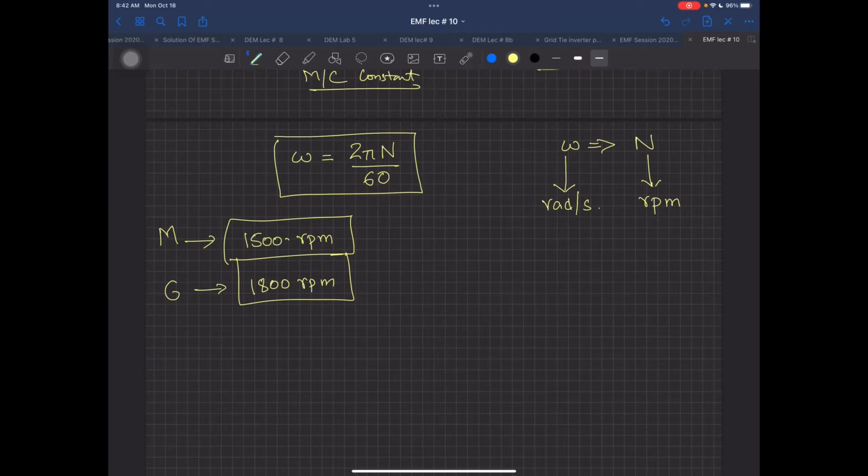Rated over here means, ये आपने fan कभी buy करने जाओ, you buy this CFLs or this fan or whatever, on its nameplate there is always a rated value. This means that this is the value at which it is designed for. Which means that if you are going to buy a fan from market and it's written 230 volt, this means that it is going to take 230 volt and that much of RPM is going to be output from that fan. Similarly, when you are going to run this machine, the armature voltage which is given as VA, ठीक है